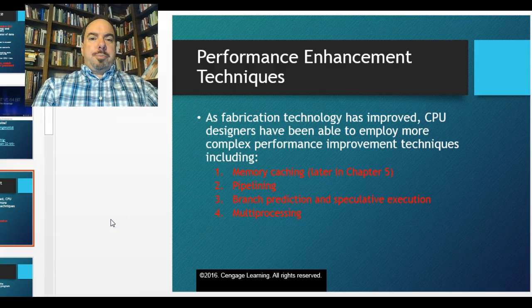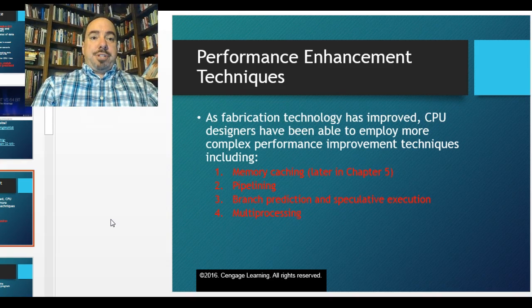In addition to speeding up the CPU by increasing the register word size from 32-bit to 64-bit, there are some other things we can do to have a more efficient processor beyond just increasing cycle count. There are four in the textbook. The first one, memory caching, we're going to go into more detail in Chapter 5, so we're going to skip that one for now. Just be aware it's one of the four performance enhancement techniques that doesn't involve just speeding up the processor. Pipelining,